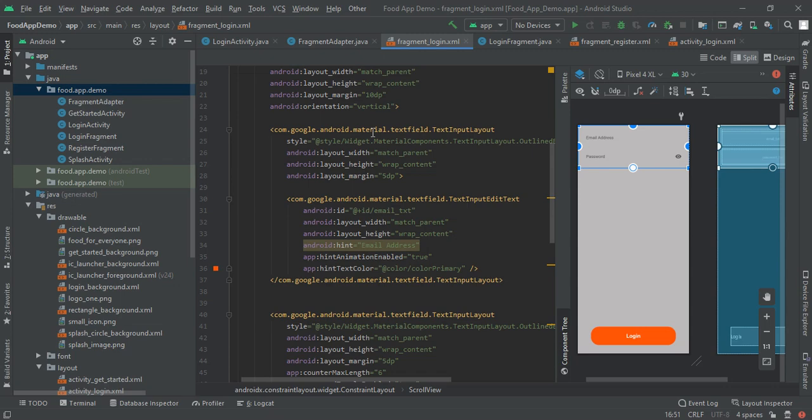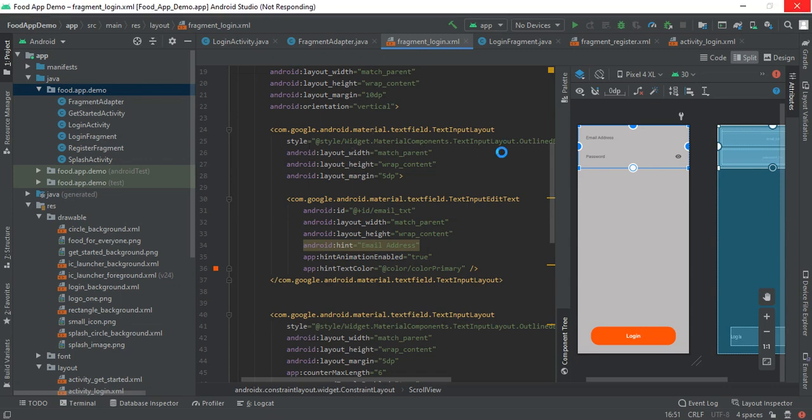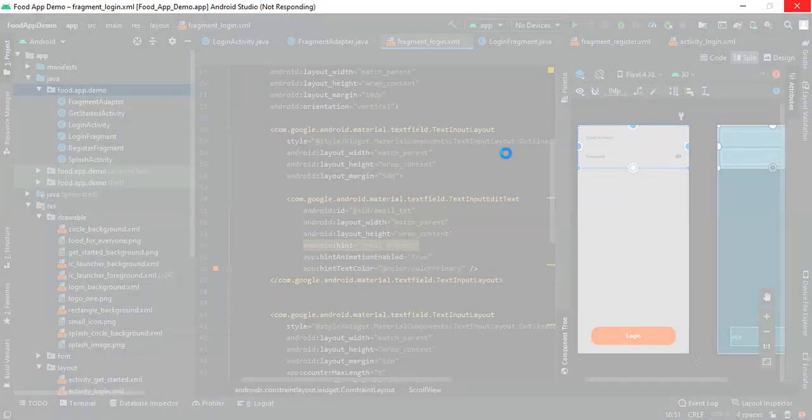So in here I had given style of outline box, and its margin is 5 dp, and also don't forget to add text input layout, and then we will have our input text edit text, and in here we can add all the things that we want.